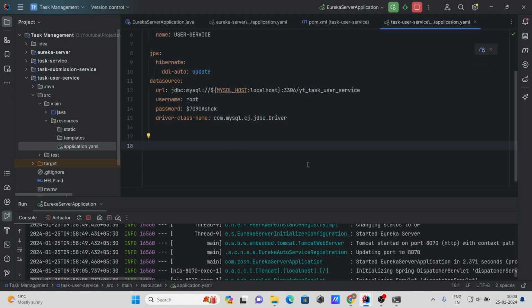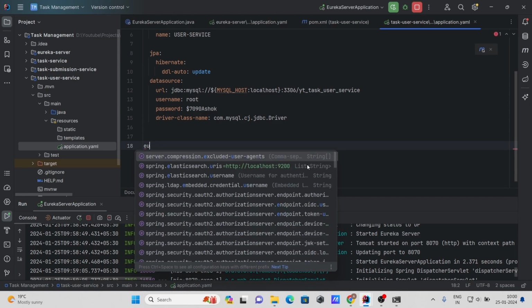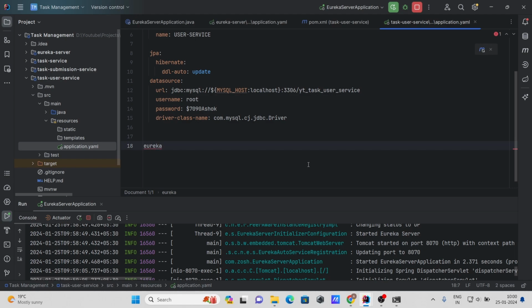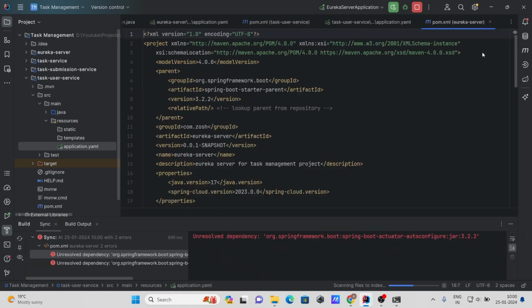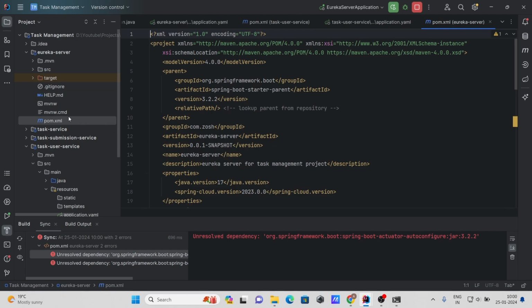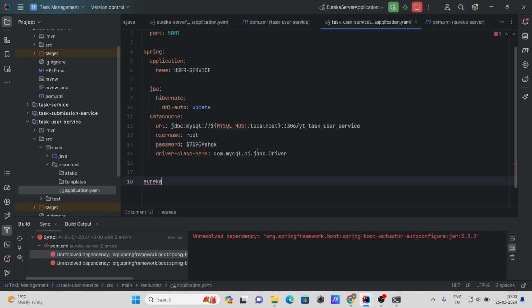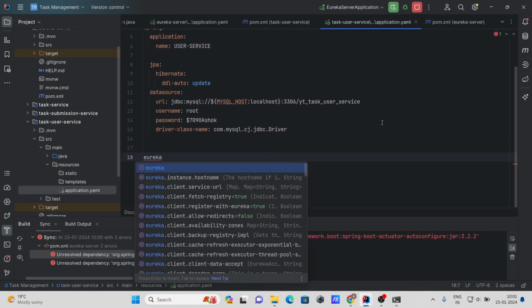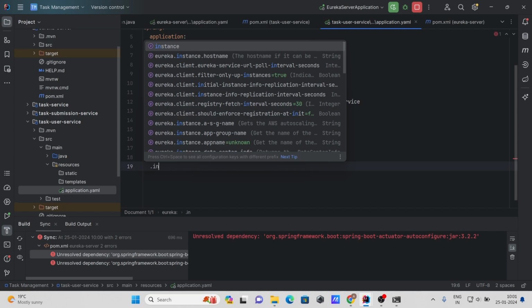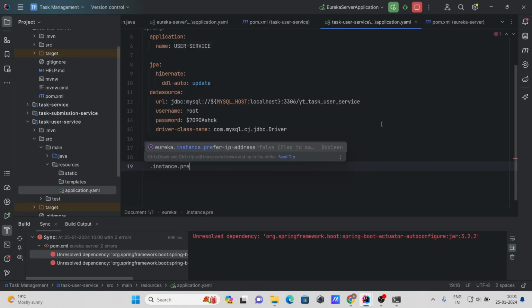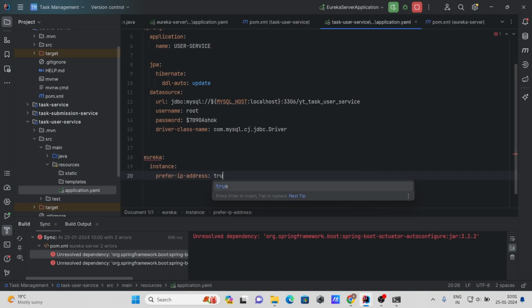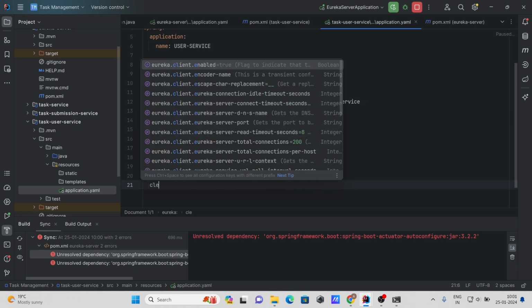and here, Eureka. But first let me reload these Maven changes. Yeah, now let's go to the YAML file, eureka.instance dot prefer host name, prefer IP address actually. Let's give it true. Then client